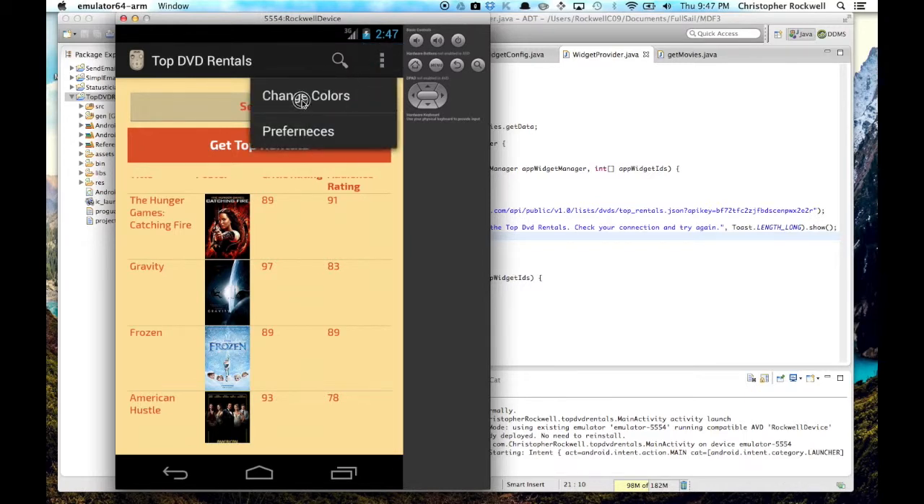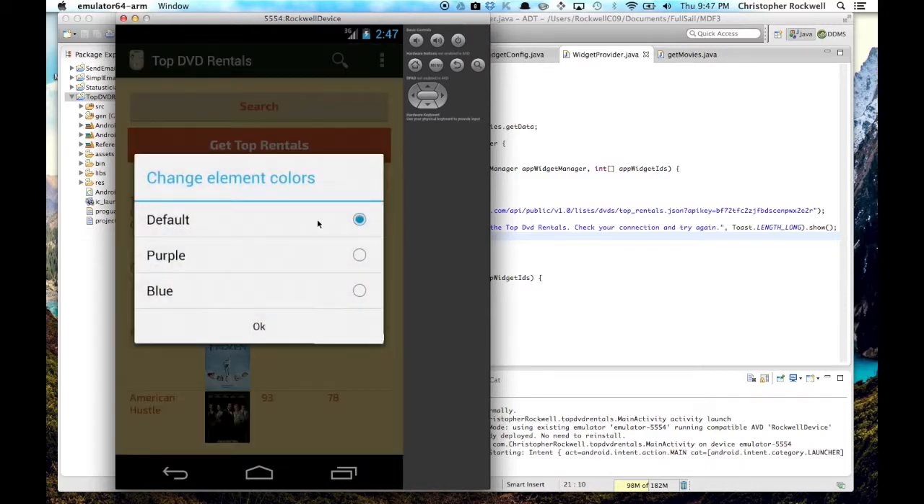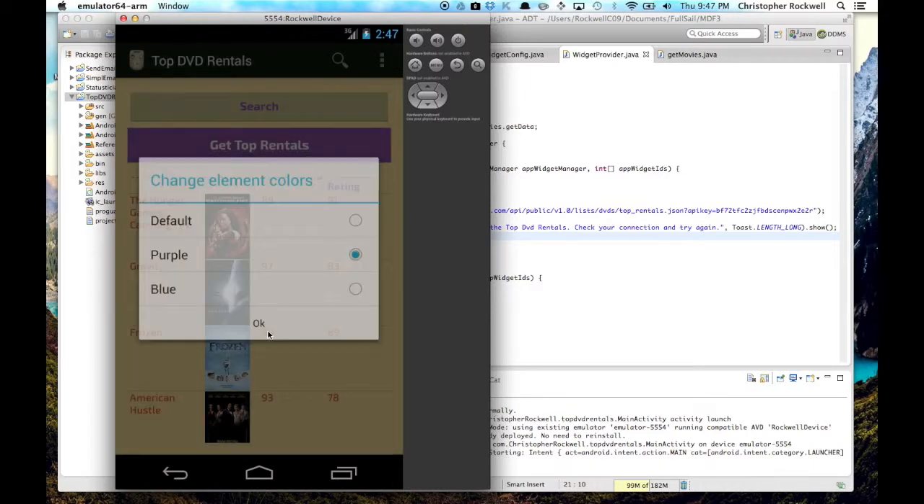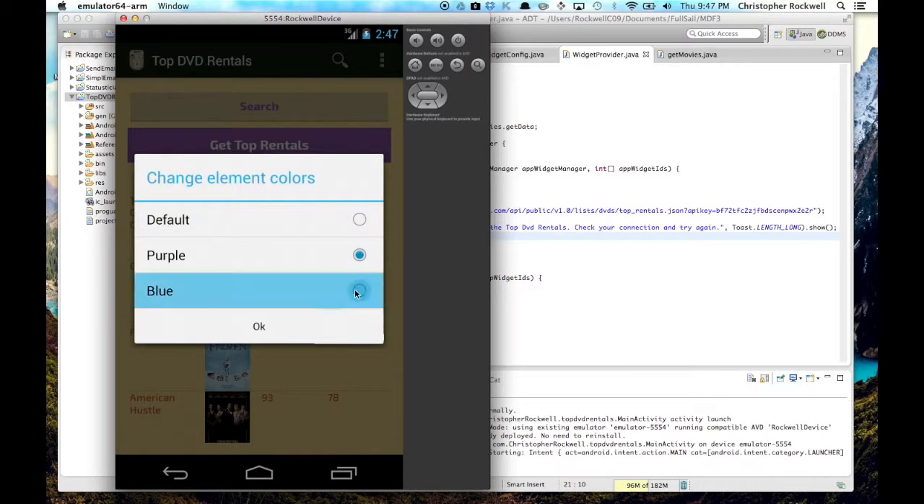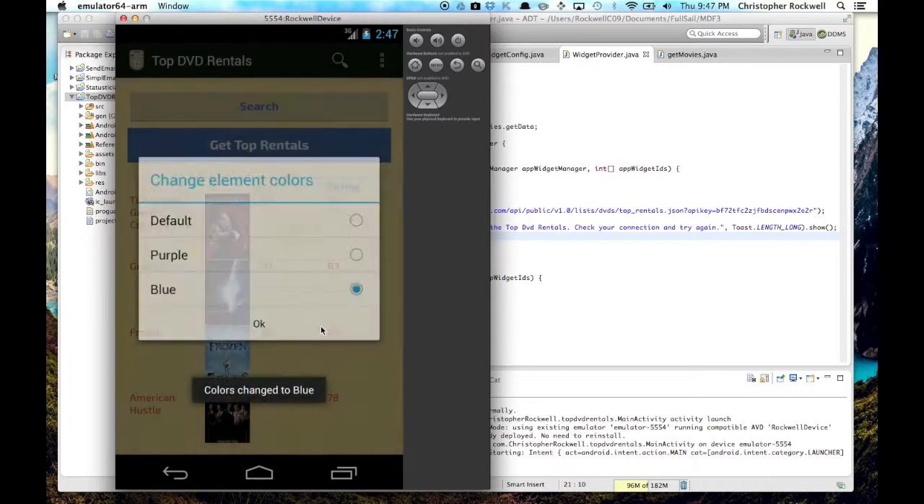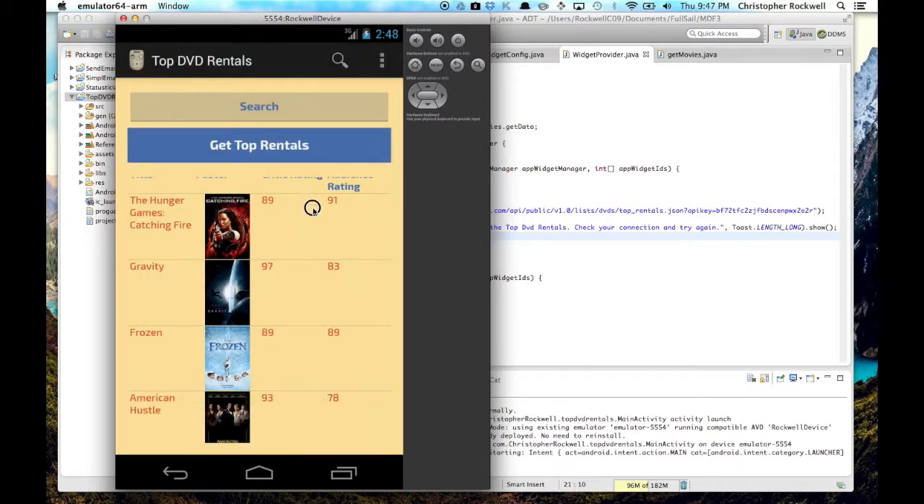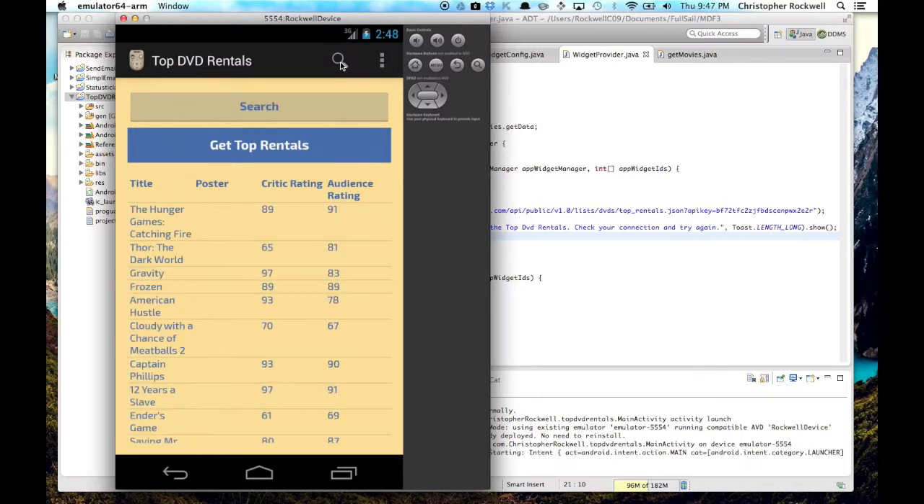Here's my overflow. I can change the color of all the content to purple. As you can see here in the background, the colors are changing. Change everything to purple, or I can change everything to blue. So that's how that works. Also,